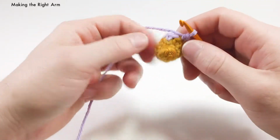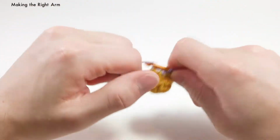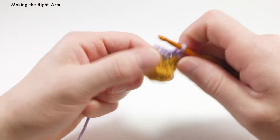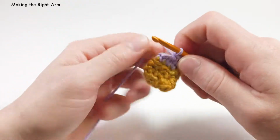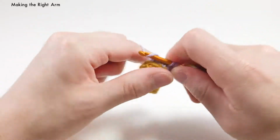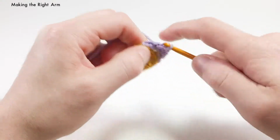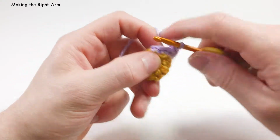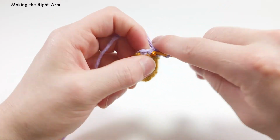For round 6, we're going to do the exact same thing as for the other arm. We're going to single crochet into the next 6 stitches. So 1, 2, 3, 4, 5, and 6. And then we're going to make a slip stitch